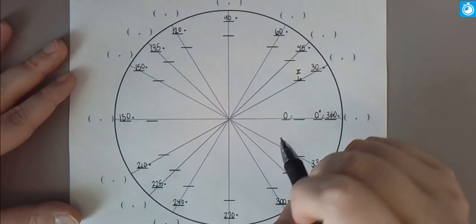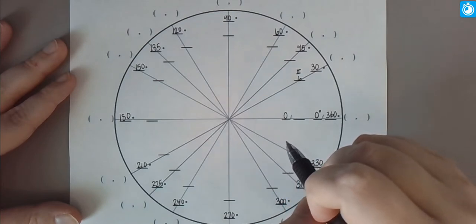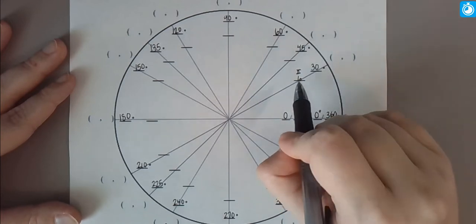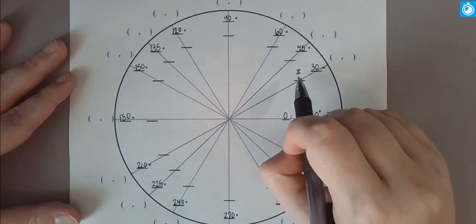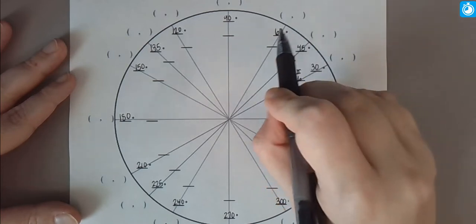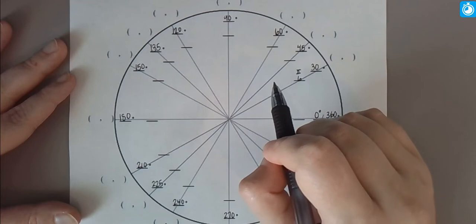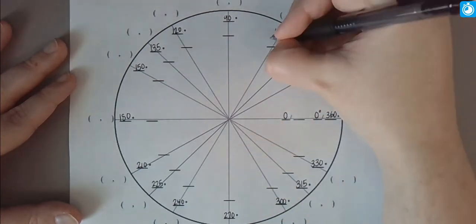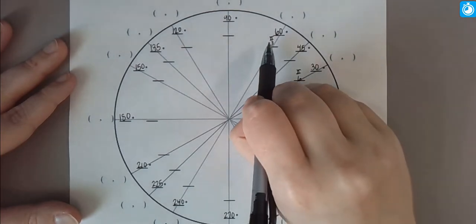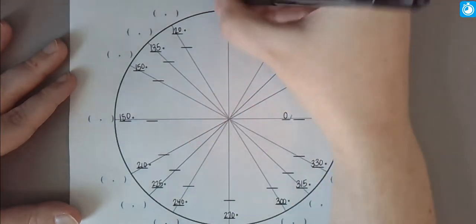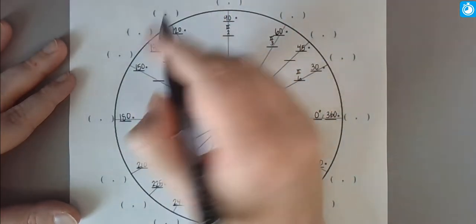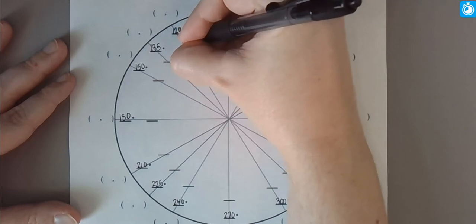Now here's how we can go around without having to worry about doing things by hand, getting a common denominator, all of that. Count by how many pi over 6's you have. So here's a single pi over 6. If we add on another, we have 2 pi over 6. Well, if we reduce that, that's going to reduce to pi over 3. So pi over 6, 2 pi over 6, 3 pi over 6, which reduces to pi over 2, 4 pi over 6, which reduces to 2 pi over 3,